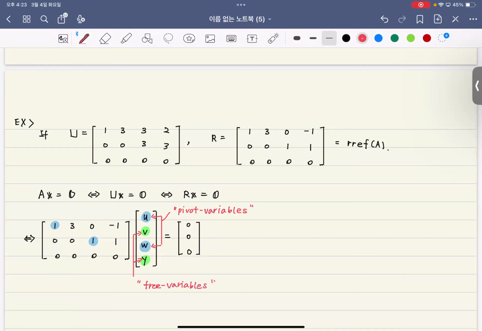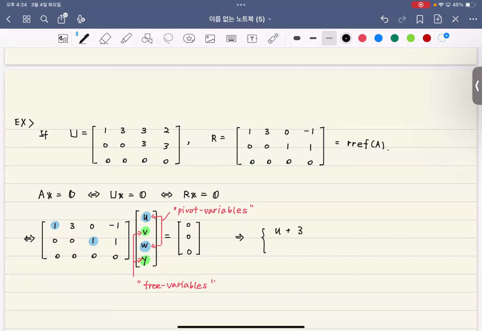So these are free variables. Okay, such a weird naming, isn't it? But you're going to understand why they named it like this. So now we have the pivot variables and free variables. Okay, just forget about these namings for now, and let me try to translate this matrix equation into this: